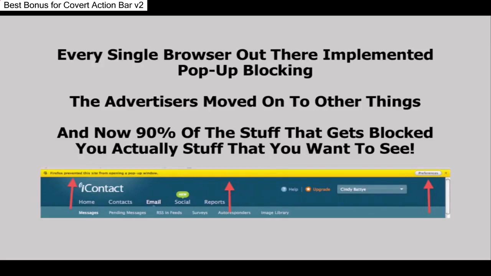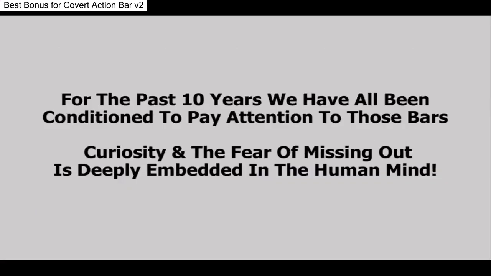And this is actually what mostly happens with pop-up blockers these days. You see there's a button there with preferences. I can go in and allow this site to do it. But the point is, it definitely got my attention. I go there to check what's wrong and to rectify it, because most of the time I want to see what actually got blocked. And that's because for the past 10 years, we've all been conditioned to pay attention to